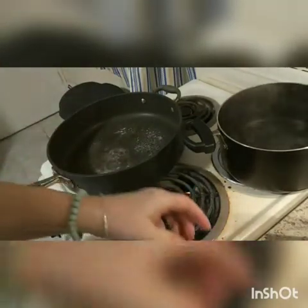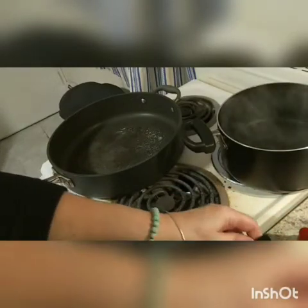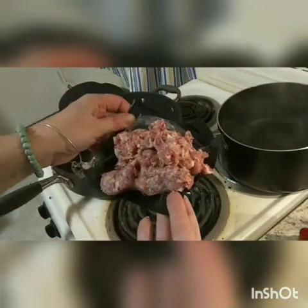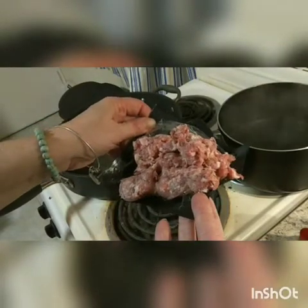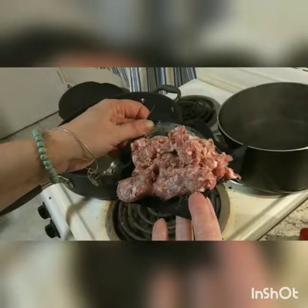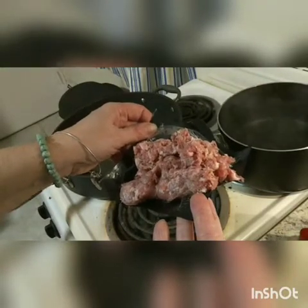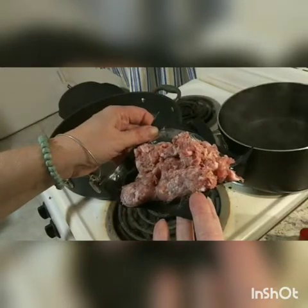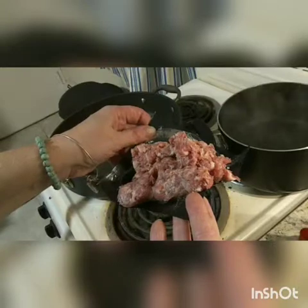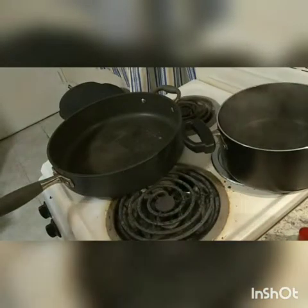Okay, the other thing I did is there were 3 sausages that came with the HelloFresh package, and what I did is I took the skin off the 3 sausages and broke it up. So you have evenly distributed meat, just almost like hamburger meat throughout the dish, as opposed to 3 clunky sausages that would take longer to cook. This would be a little bit more evenly cooked, so you don't have to worry about parts of it not being cooked as well as the other ones. Okay, so